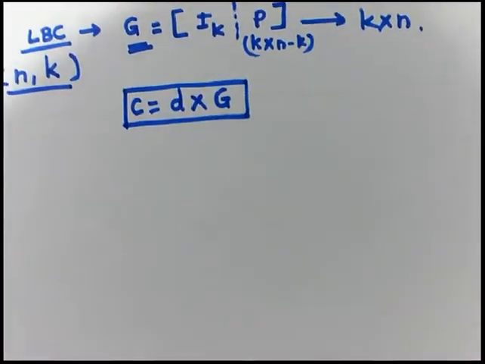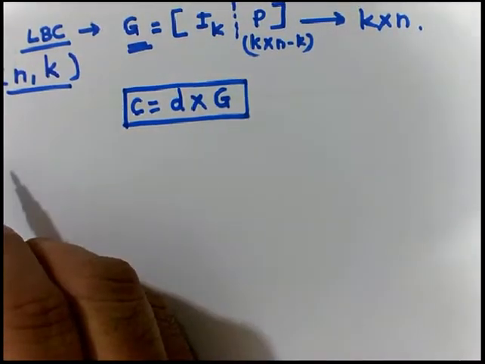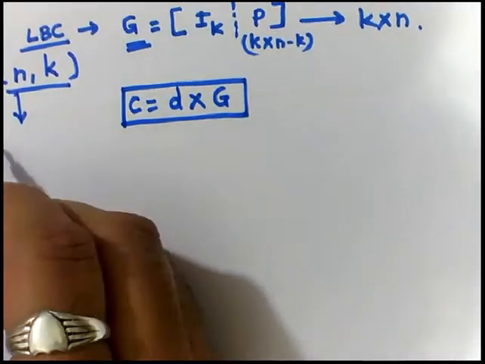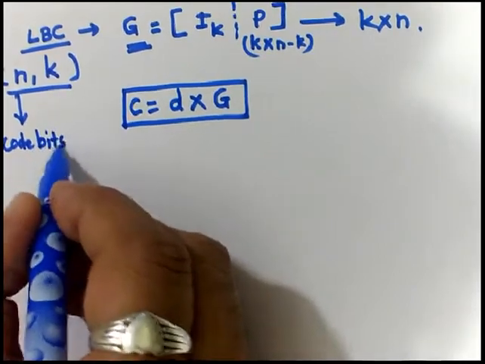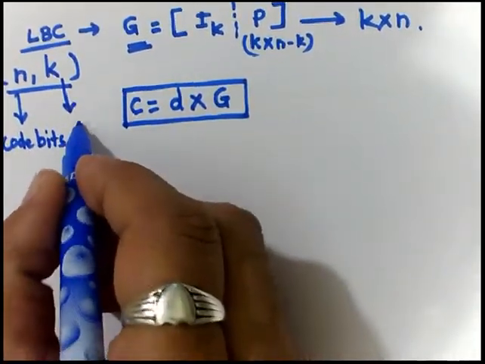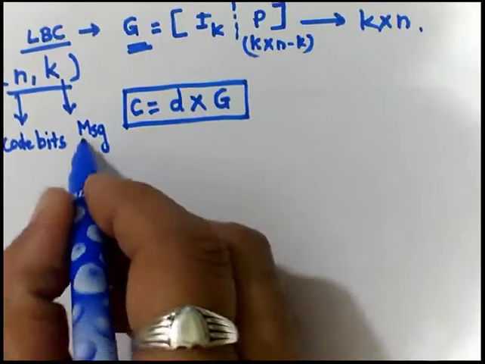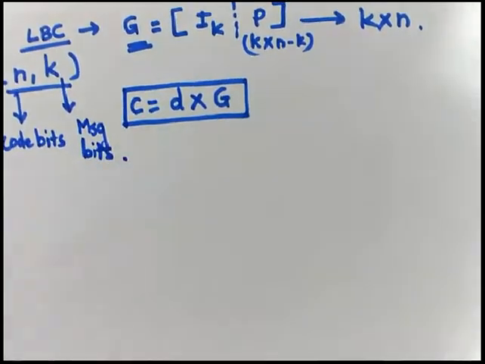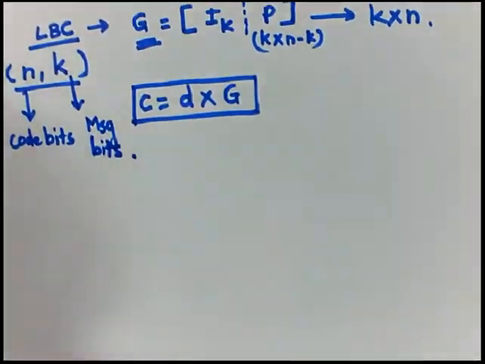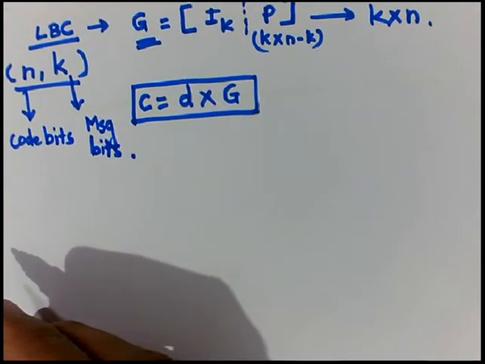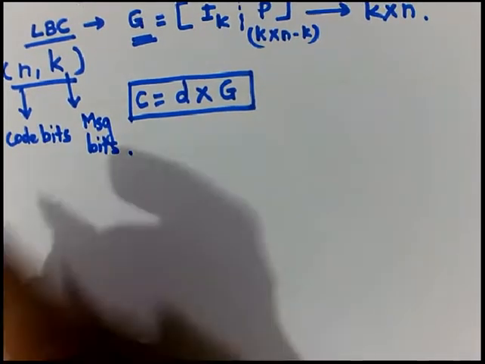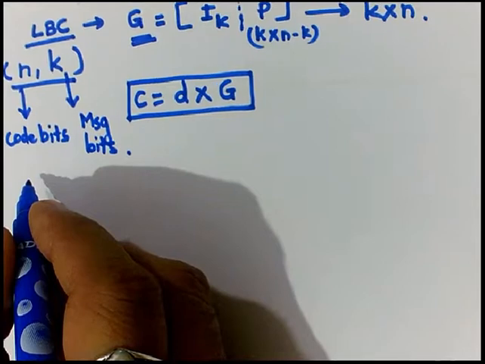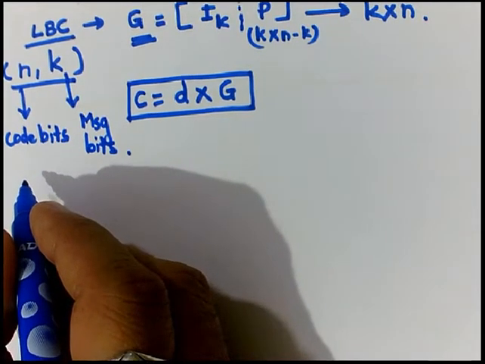normally we can observe that the format for the LBC is N comma K, where N is nothing but the number of code bits. So let me just write here, total number of code bits. K is nothing but the total number of message bits. So based on these message bits, we can have the formulation of the code word. So this code word will be with a total of 7 bits. So let's have the formulation of the code word with the help of the different aspects.